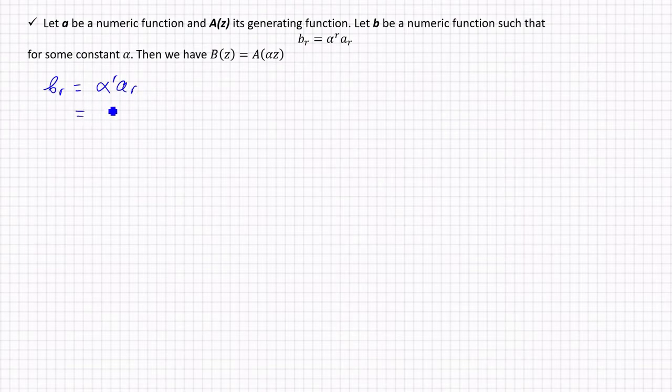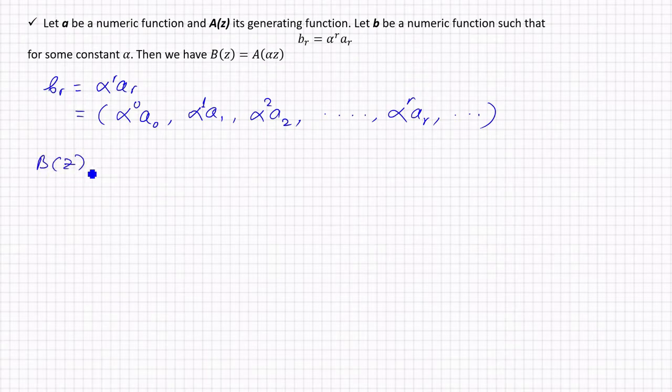So let us write it down in the form of list. Put the value of r is equal to 0, 1, 2 and so on. So we'll get alpha to the power 0 a_0, comma, alpha to the power 1 a_1, comma, alpha to the power 2 a_2, and so on, until alpha to the power r a_r, comma, and so on. Okay, so now let us write it down in the form of generating function. So B(z) is equal to